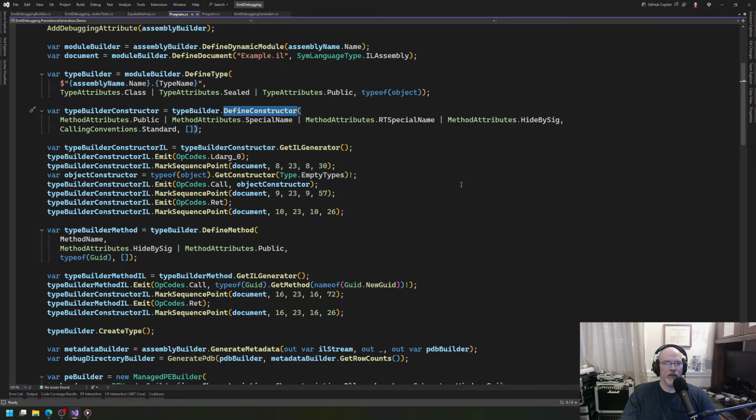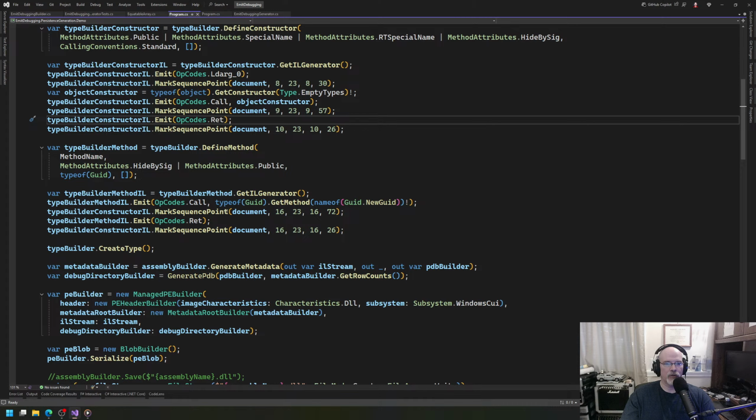And so that would kind of force people, if they did it this way, to define the type, define a constructor, do this, and then once they did this, that's basically saying the constructor is done. You do the method, you do this, and now if you had another defined method or defined property or whatever it is,